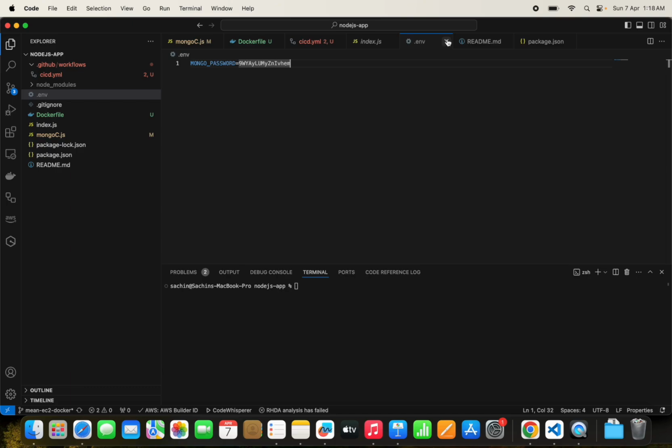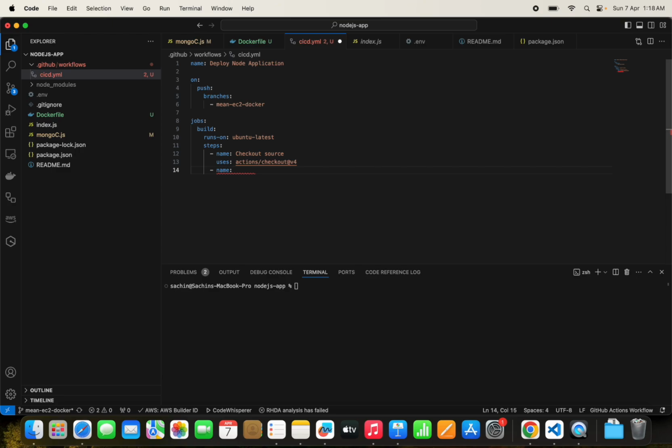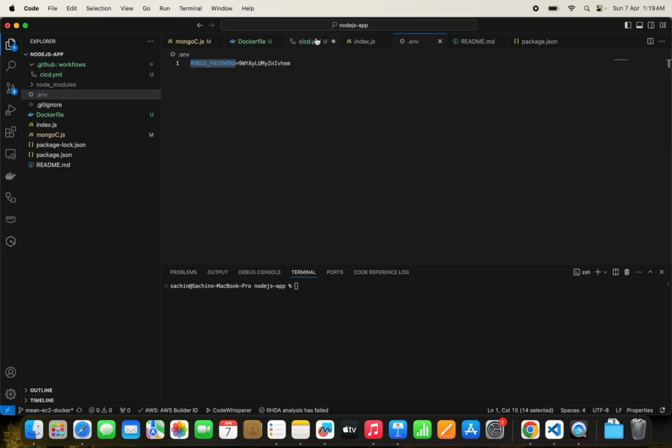Okay, so we will need these details. Here it is exposed, but in the real world you don't want to expose these details. So what you can do is, in the action we can create a line that creates a .env file, which is nothing but we'll run one command here. We can say echo, and whatever name we have here, right, mongo password,